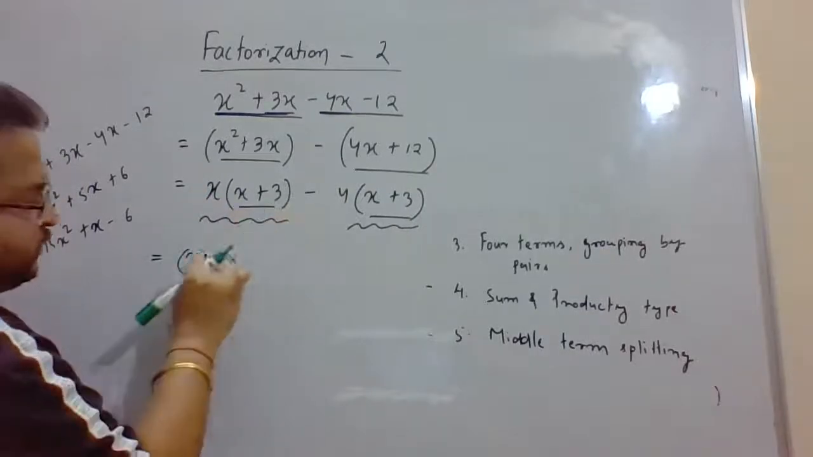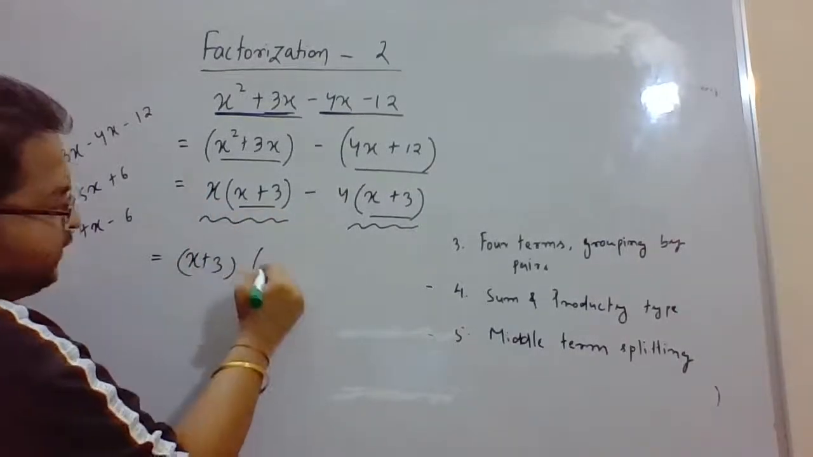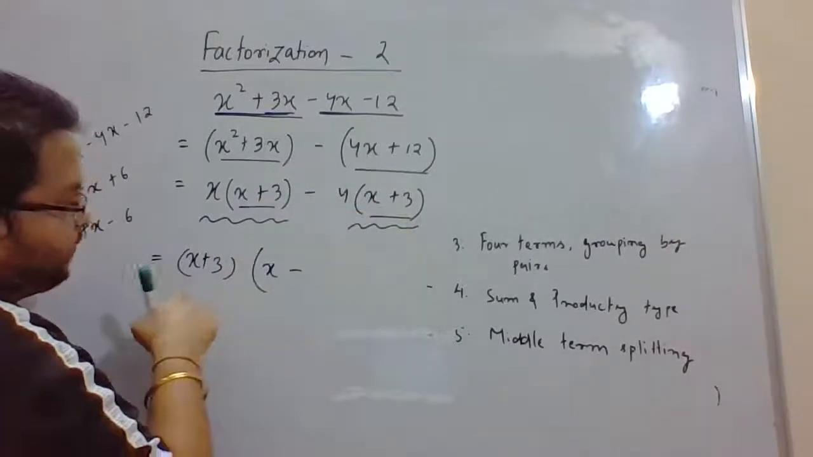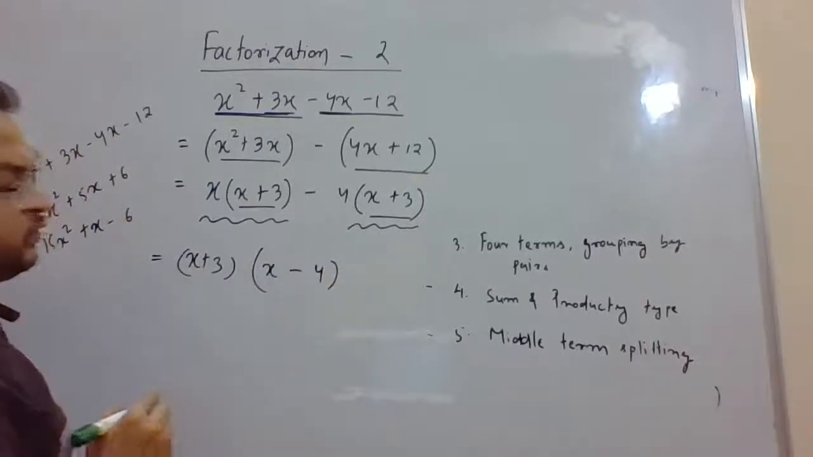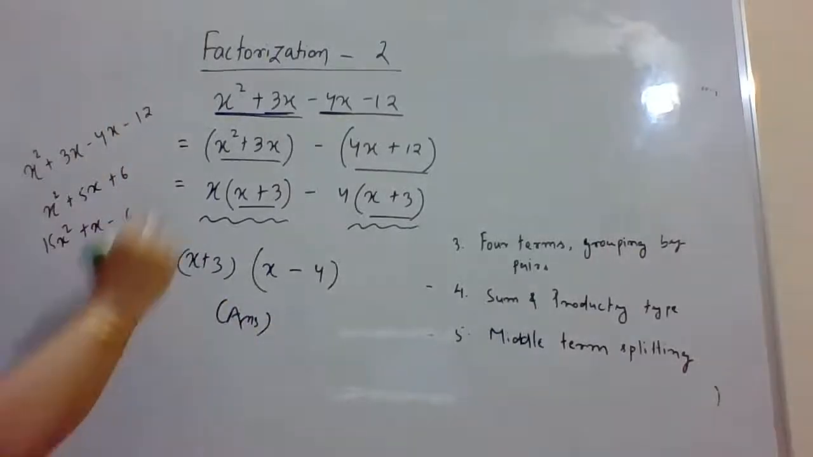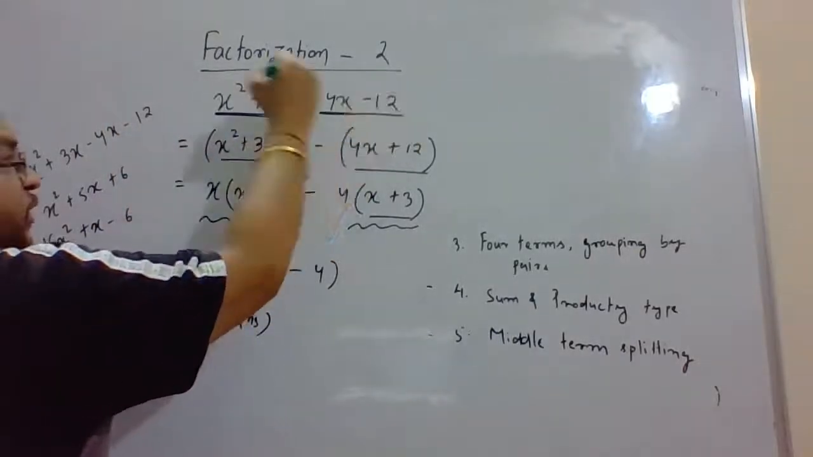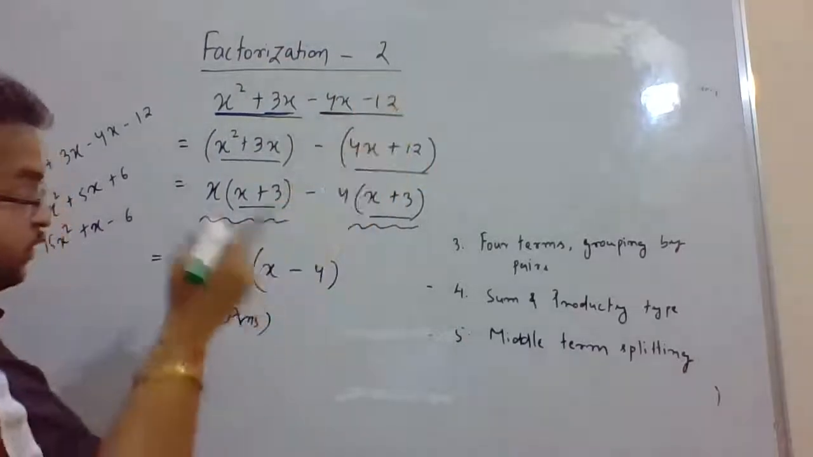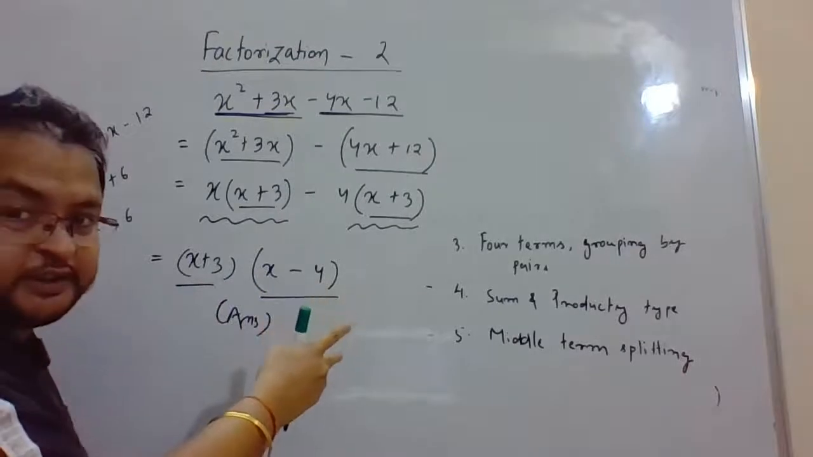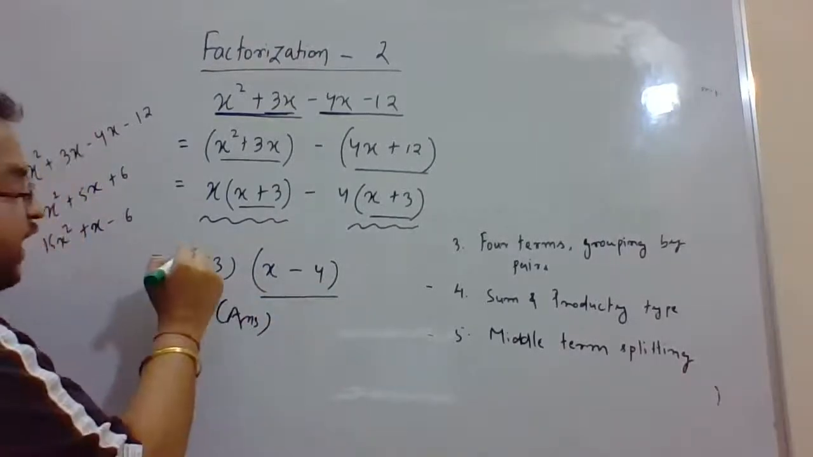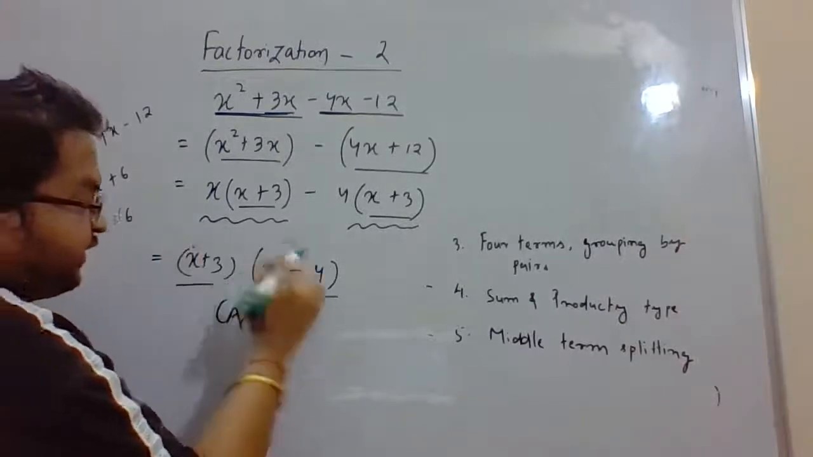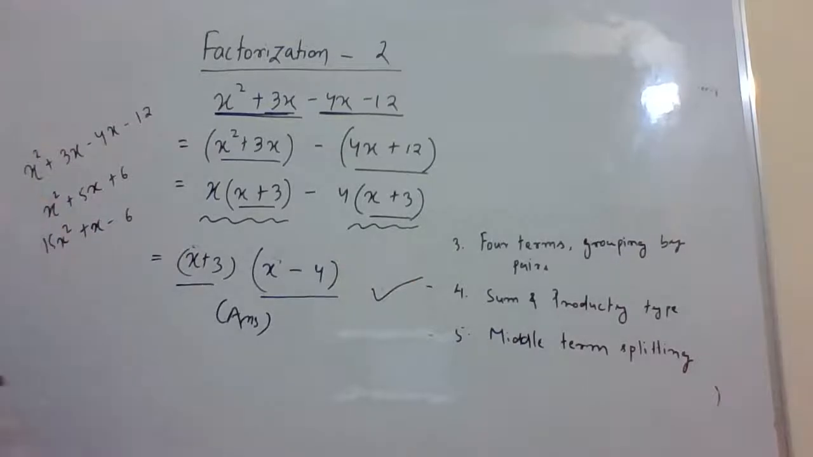So x into x plus 3 by x plus 3 would be nothing but x, minus, I will retain the minus sign, 4 into x plus 3 by x plus 3 is nothing but 4. So now my expression is fully factorized. It was expressed in terms of addition and subtraction of 4 terms, but I have expressed it as a product of two expressions where the highest degree of x is 1. So obviously this is the fully factorized form of this